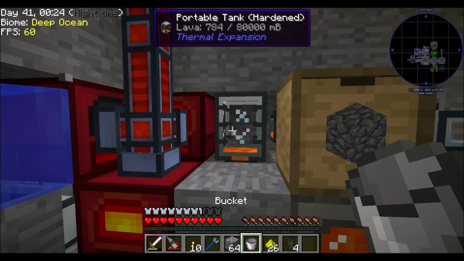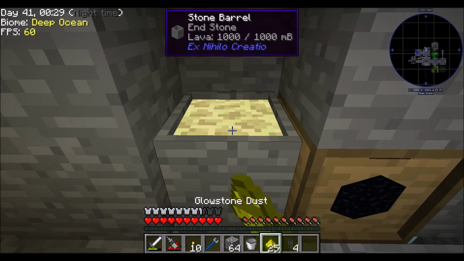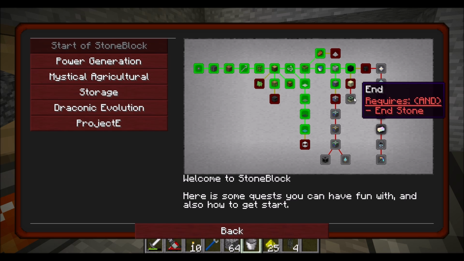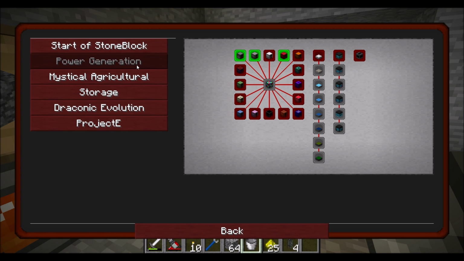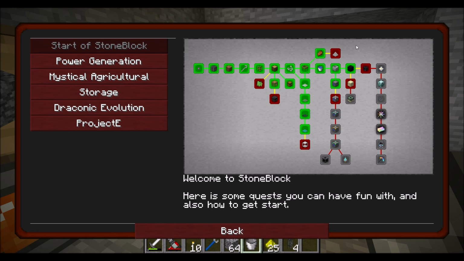So let's come back in a minute. Well, it doesn't look like it'll take that long. Yeah, we'll just wait a few minutes because we're at 7 now. Let's peruse the quests while we're waiting for lava to build up. So going to the end requires these things. But getting wither skulls and nether stars is probably a pretty big step to jump into. The other things we could do...